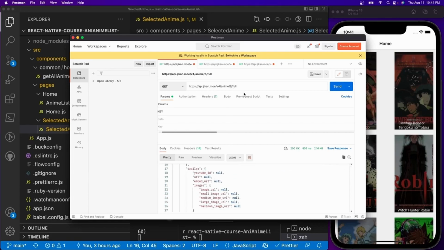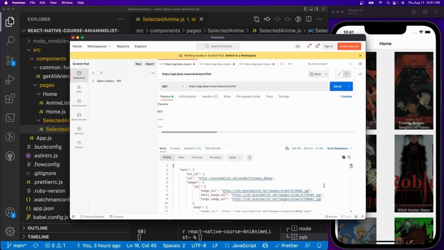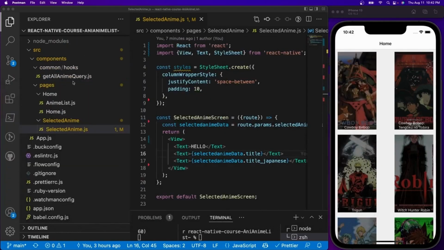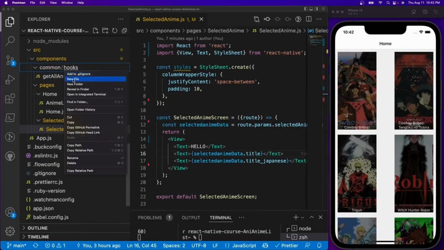Unfortunately, number 8 does not have it. So let's press number 1 and see if that has it. Send the request, and we see right there we have the YouTube ID. So we're going to call this API route right here. And yep. So what we're going to do is create a new file inside the hooks folder,